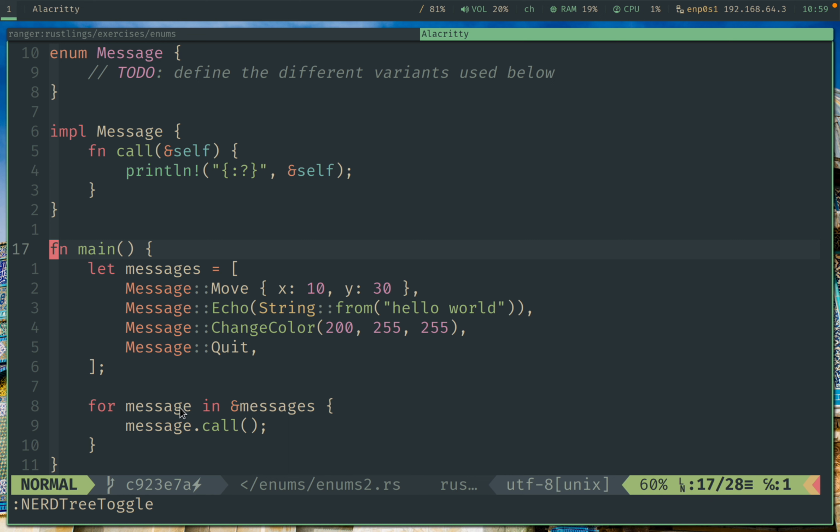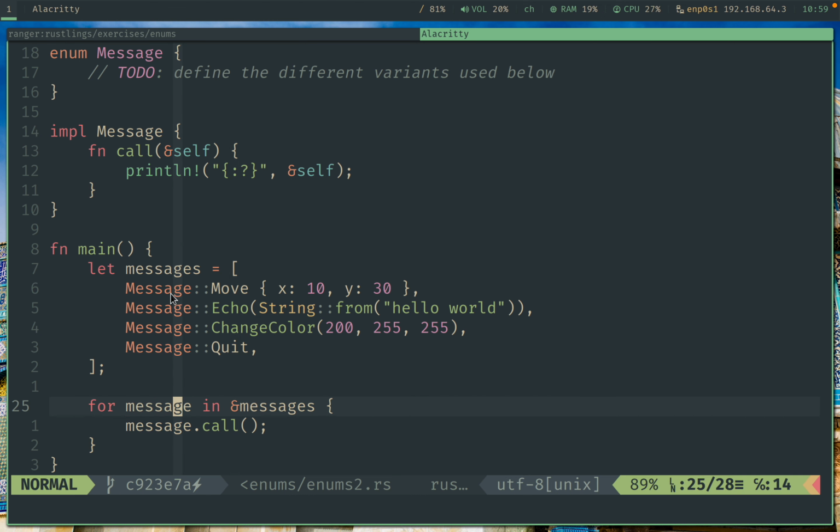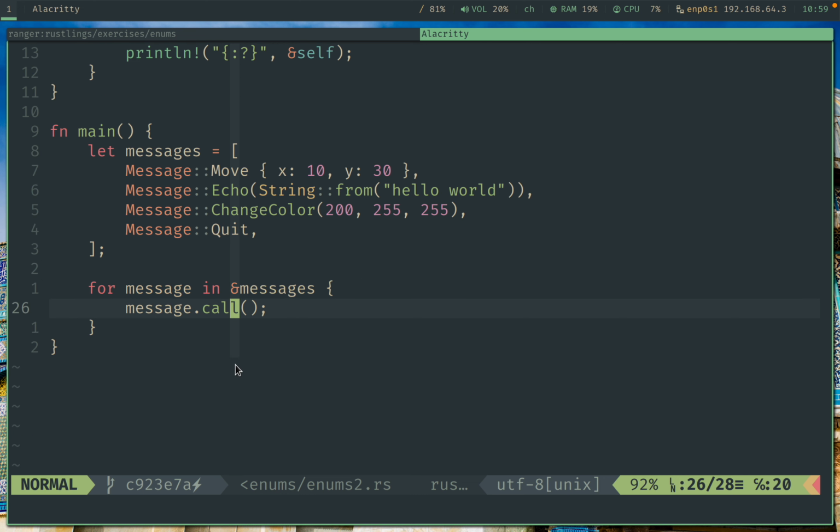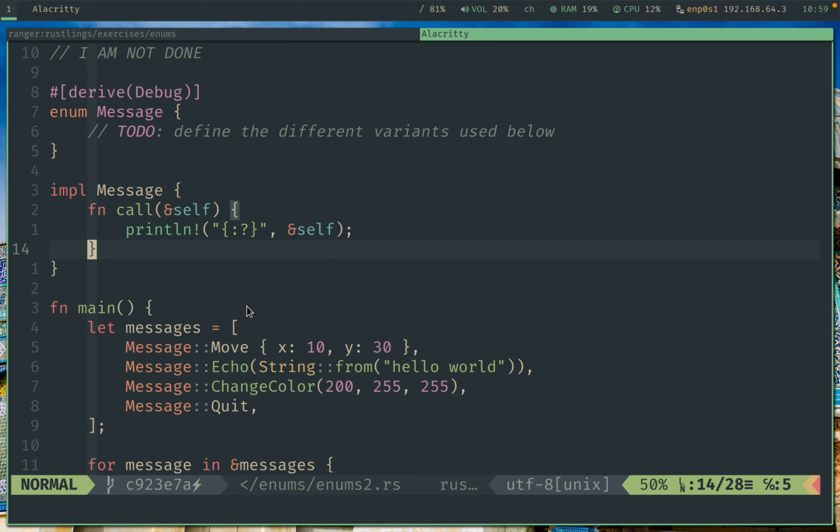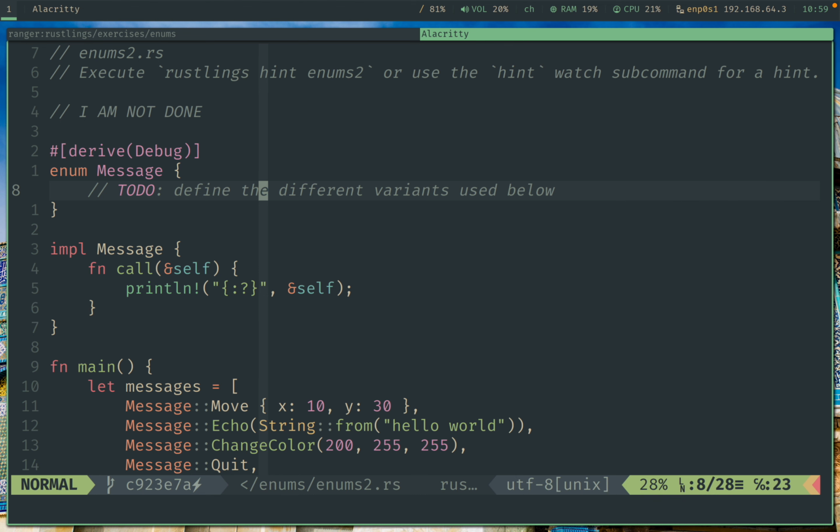And here we have for message in messages, so we take a reference from messages, and for every member in here, we will call the call function on it. So it will just basically print out the content of the members. Okay, so what we will have to do is just